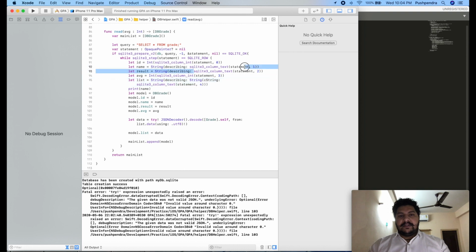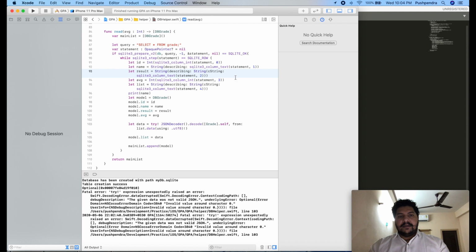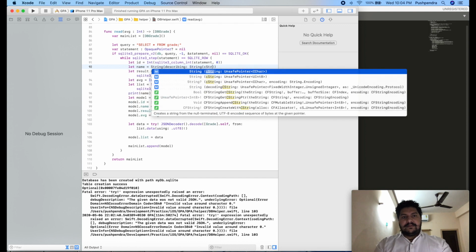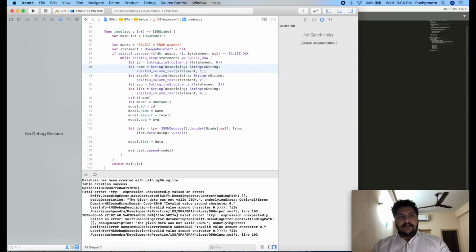That we were missing here. Control X, String cString, same we have to pass, and same for name, same for result, String cString here.